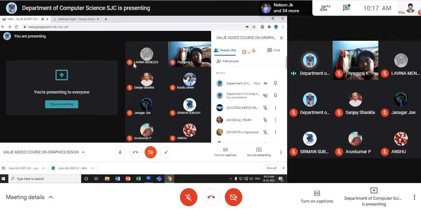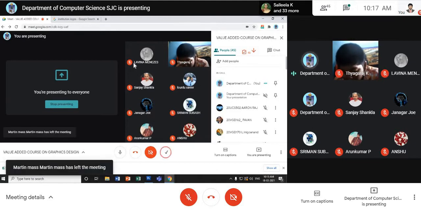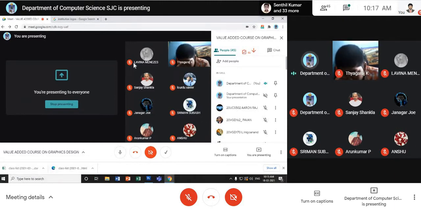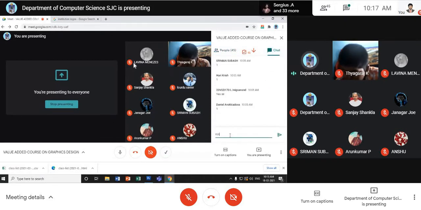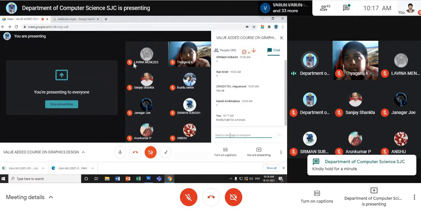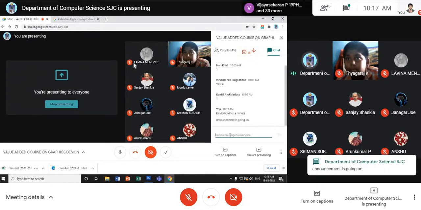All the final year outgoing students, third UG, second PG are asked to verify and update your personal details for transfer certificate on convocation in your ERP account on or before 31st March 2021. Announcement from St. Joseph's Institute of Tally Education. The institute will be officially inaugurated on Friday at 11 a.m. commemorating the feast of our patron Saint St. Joseph. Inaugural function will be held online using Zoom platform. All the students who have enrolled for the Tally Certificate program are asked to join the inaugural function by 10:45 a.m. on Friday. The link will be sent through the WhatsApp group. Thank you.